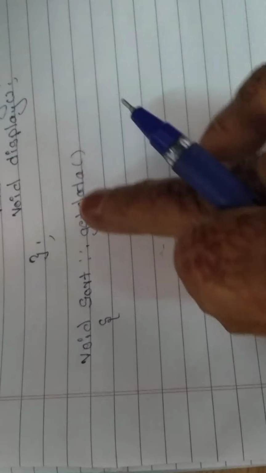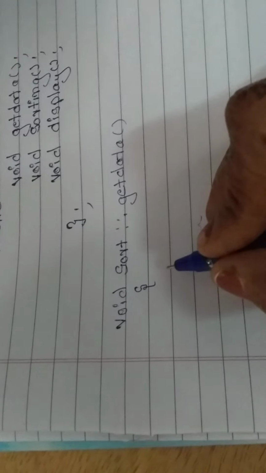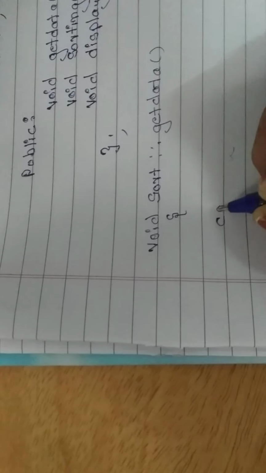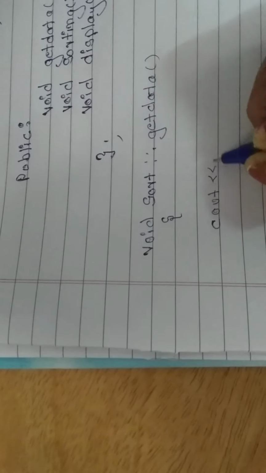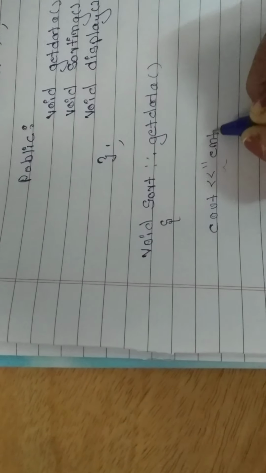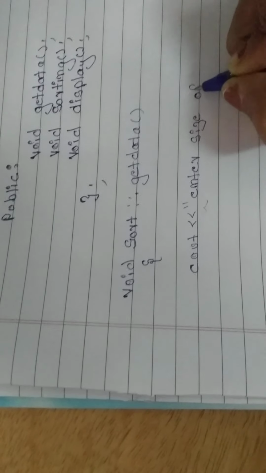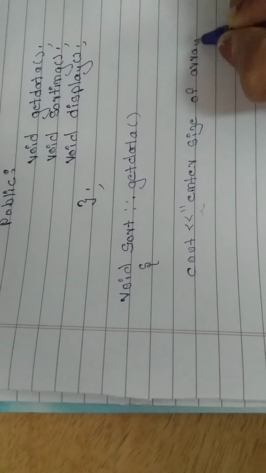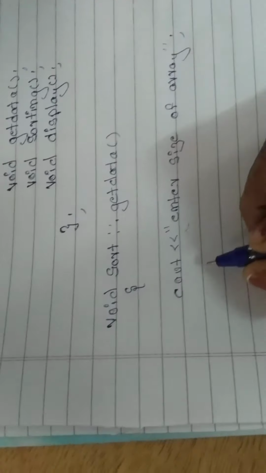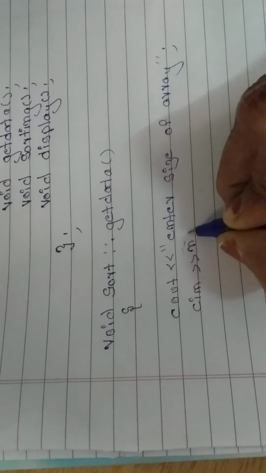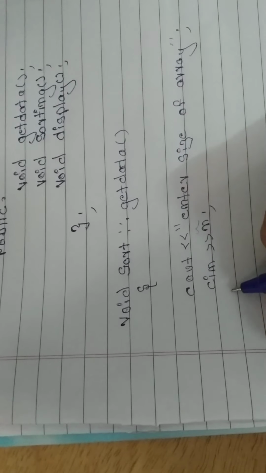Every function, when we are defining it outside the class, has a function header and a function body. So void get data of is there. In void get data of, first, in all the programs it is the same with slight differences. We are telling it to enter the size of array. So we are entering the array size. How many elements are there? That we are storing in n.